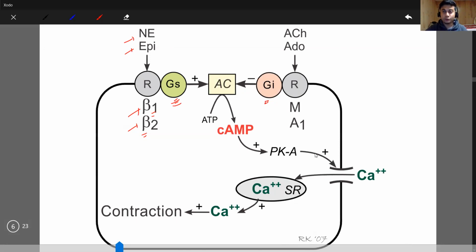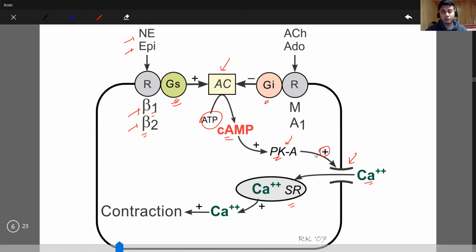This alpha bound to the GTP will activate the adenylyl cyclase. Adenylyl cyclase will convert the ATP to cAMP. This cAMP stimulates the protein kinase A to be active, and this protein kinase A stimulates these calcium channels. And when these calcium channels are activated, the calcium enters the cell, and this calcium, by entering the cell,